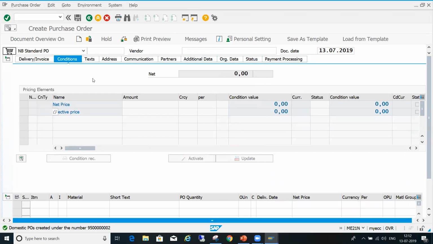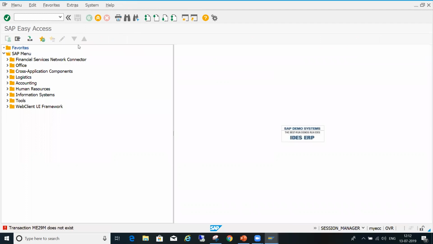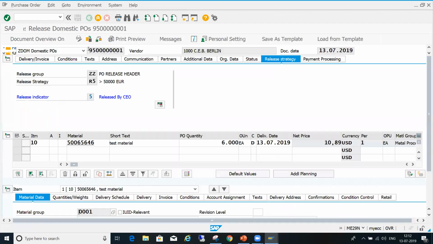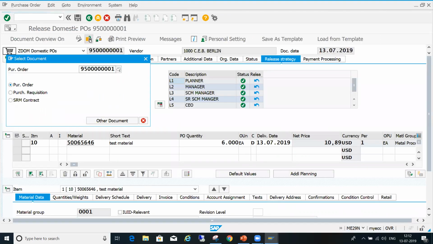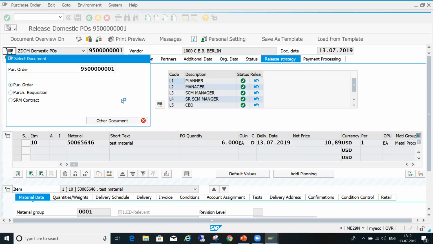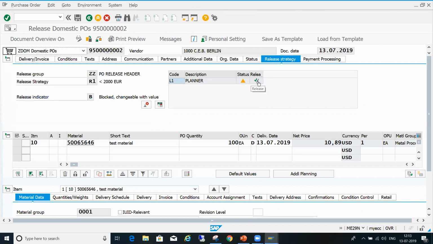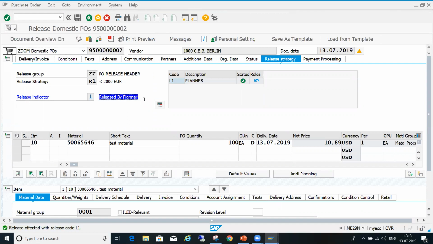Now you release this PO in ME29N. Release it, so it will show released by planner. Save it.